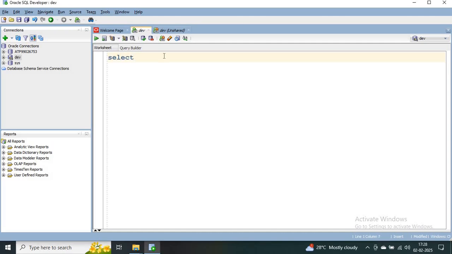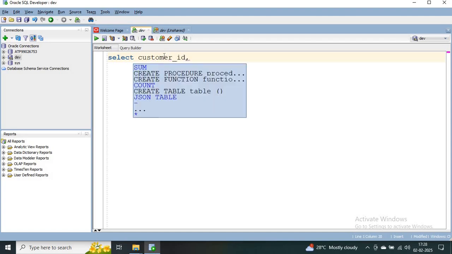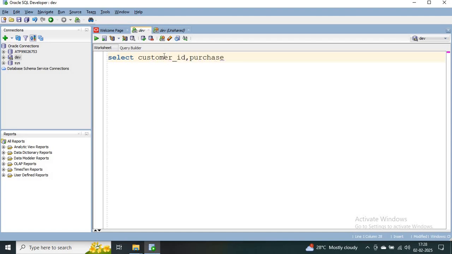So we'll write select customer ID comma purchase date, and then we have to fetch the previous purchase date for each record. So for this we'll use the lag function. So lag purchase date